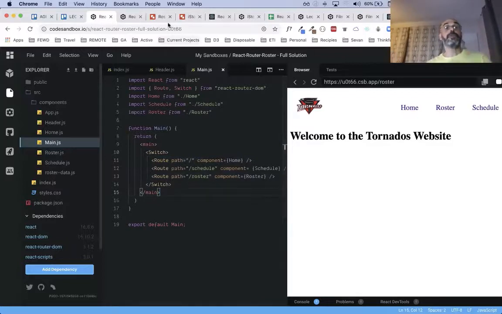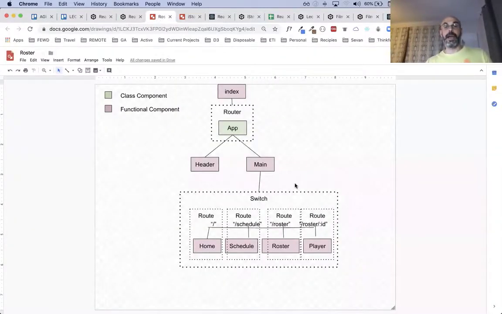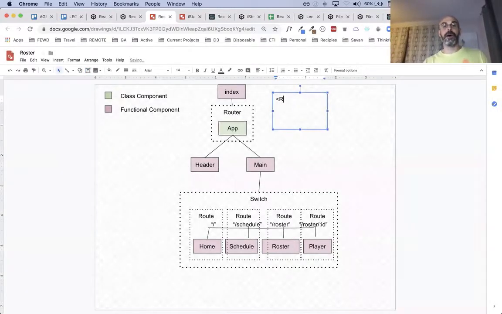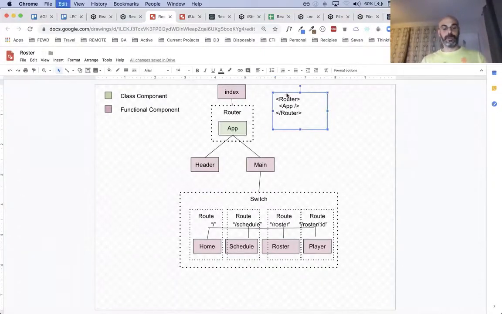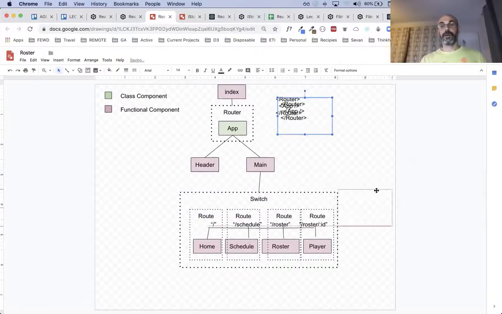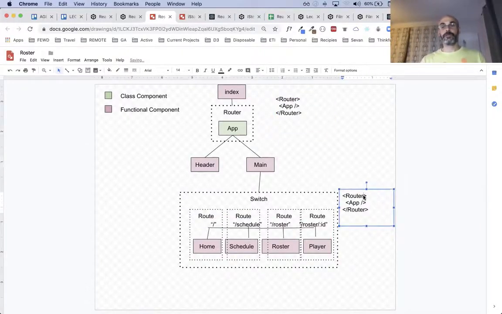And so I'm just going to go back to the diagram real quick. I have switch here, and it is wrapped around all of our routes, just like router up here was wrapped around the app, right? So we know that up here we would have had router, and then in the middle we would have app, right? And down here it's the same thing. We would have something like switch. So I just copy this, paste it, bring it down here. We'd have something like switch,